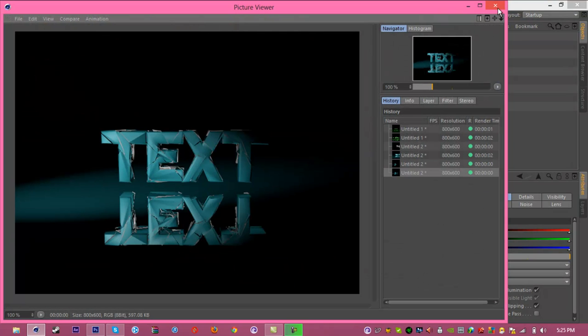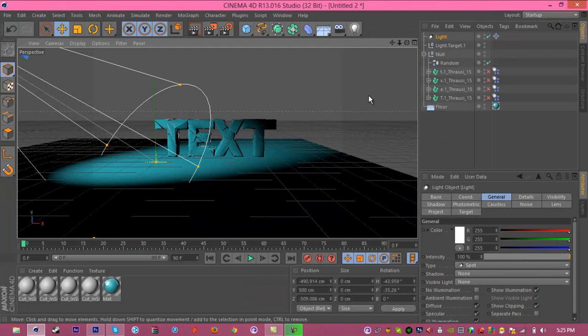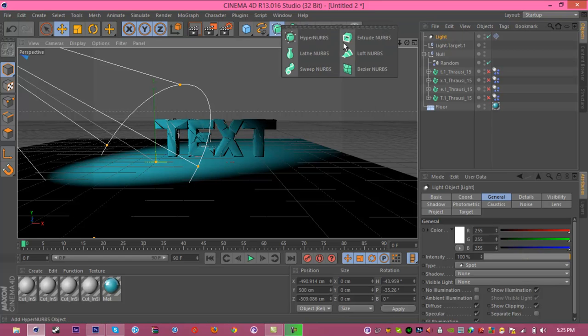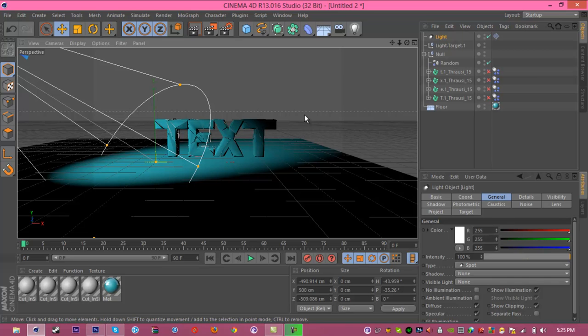And that looks pretty cool as well. What else can you do? Extrude nerds, if you know how to use those. If you don't, that's just too bad. So what you can do is let me just quickly